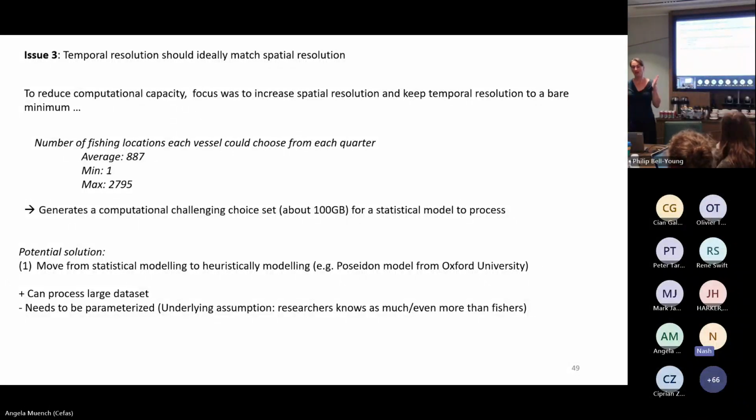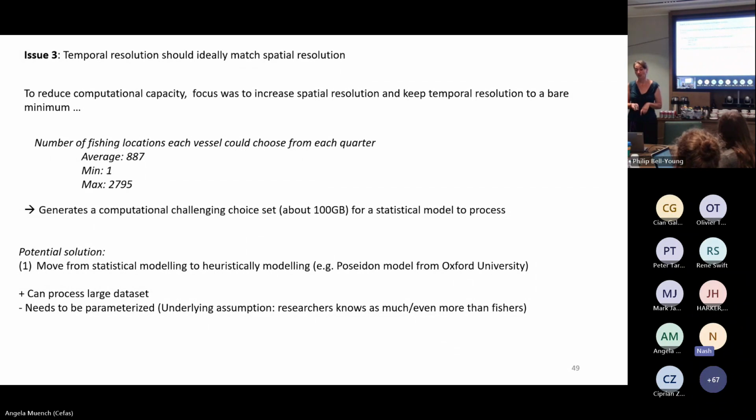So if we want to increase the temporal resolution as well, which we might need, because what we see in the exploratory data is that fishing activity is still taking place in construction sites, which might be the case because construction is not all over the planning area. It might be just in one part, and the fishing activity in another part. We need to also increase the temporal resolution.